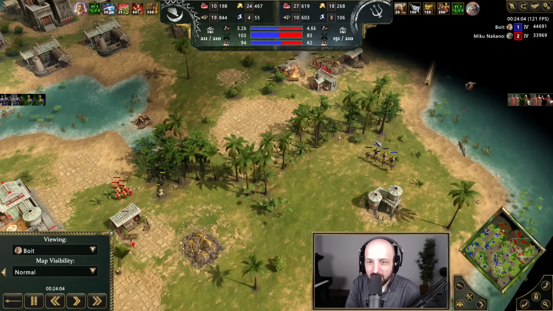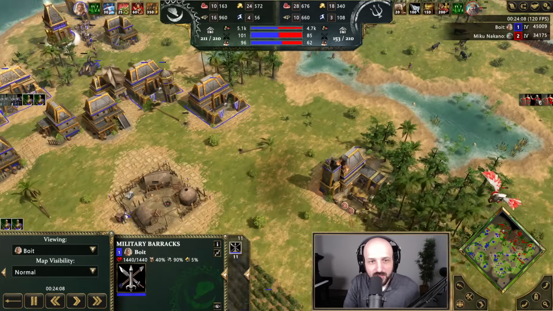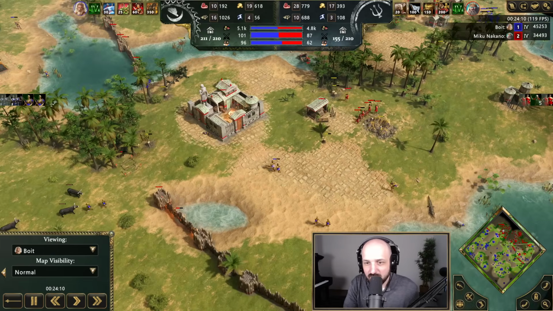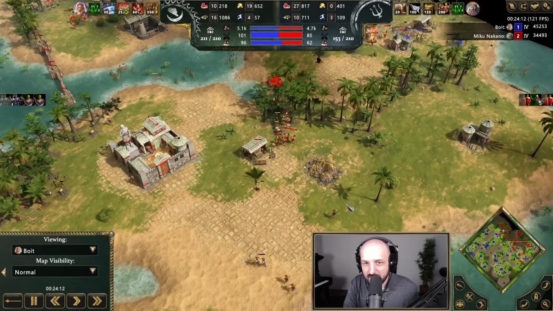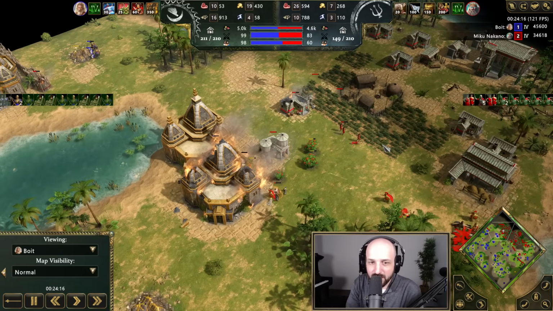And from here, my goal is, let me just get units in. I've actually got barracks queued up into this position, whether it be Mermillo, Arcus, or whatever. So I don't even have to worry about it. He has to react, and then I'm going to send the rest of my units up here to continue to